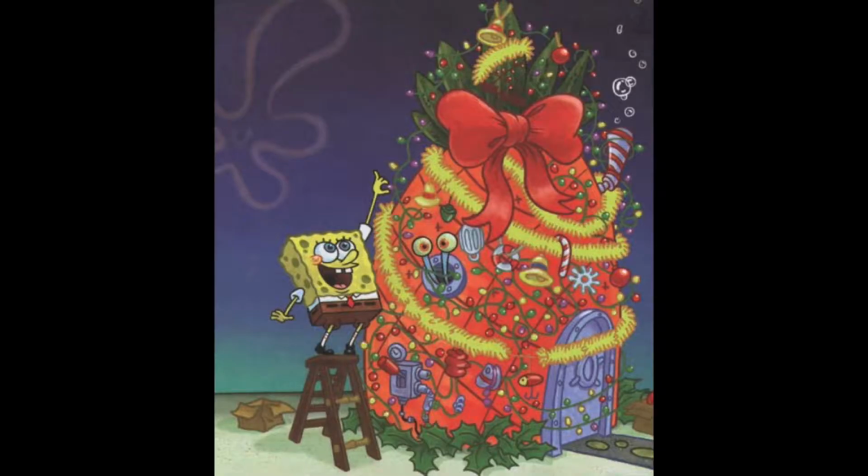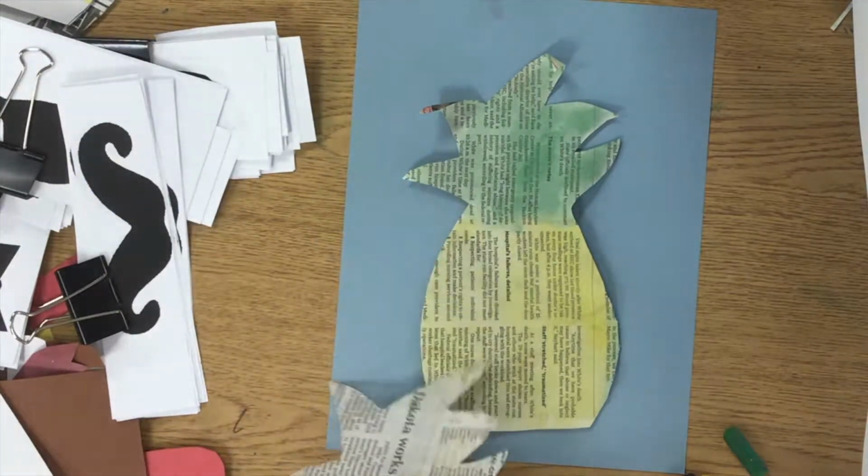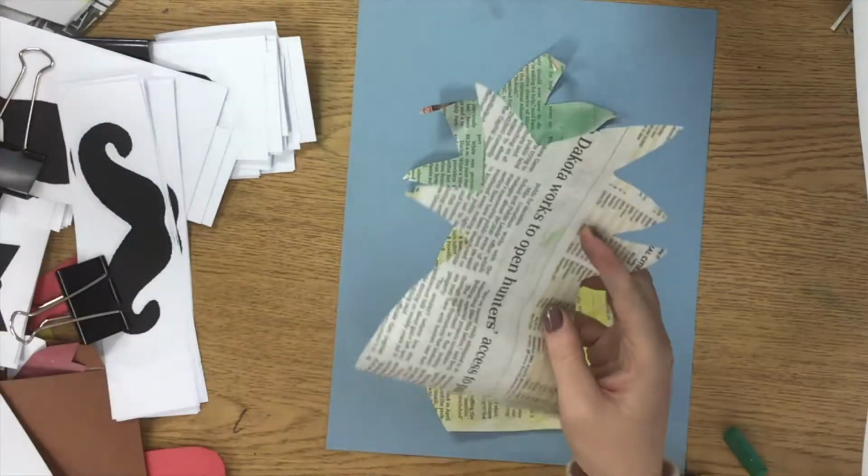Today we are going to be decorating some pineapples inspired by the home of my favorite underwater friend, SpongeBob. Here we go! When you get started with your Christmas pineapple, you will choose a pineapple that is cut out for you, and